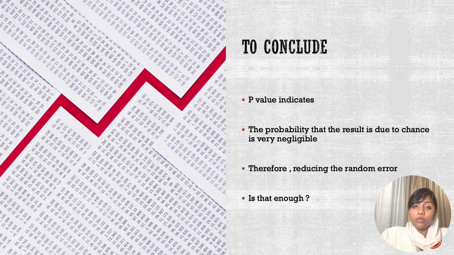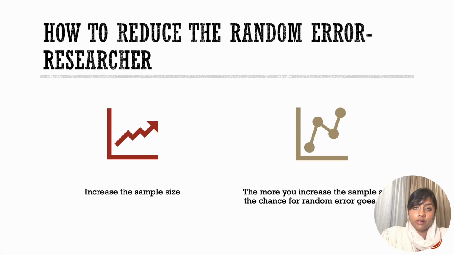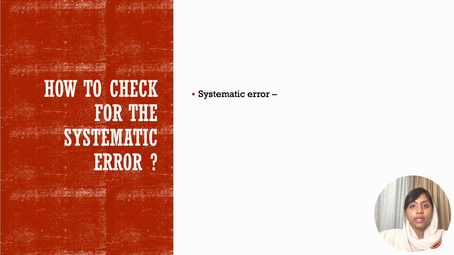Now, what can we do as researchers to reduce this chance of random error? When you take the sample size, if you can take a large sample size, it decreases the chance of random error. Now that we have addressed the random error,